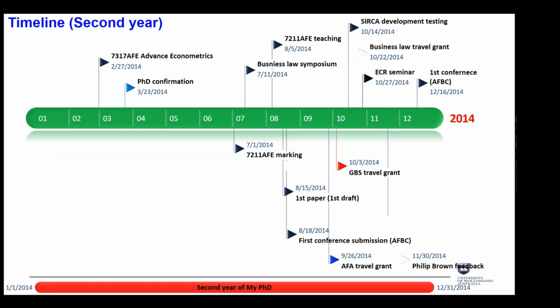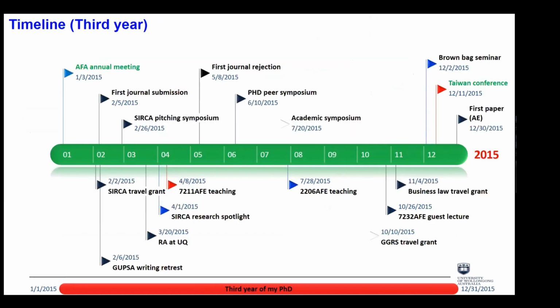I got some teaching, and then I attended conferences. I got some travel grants, and I participated in internal seminars as well. In between, I started learning driving, and my daughter was born towards the end of my second year of PhD. And then in the third year, you can see a lot of things are happening right from the start,